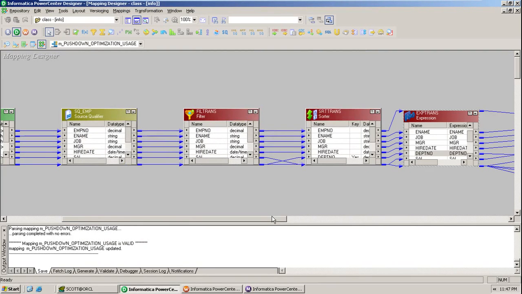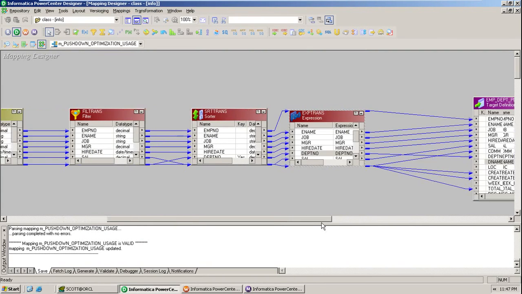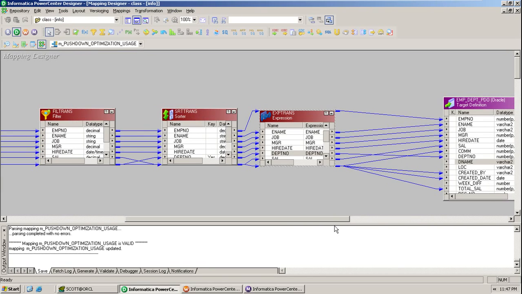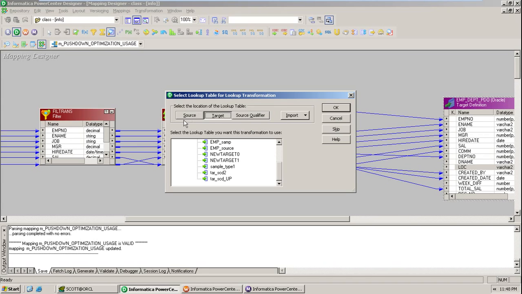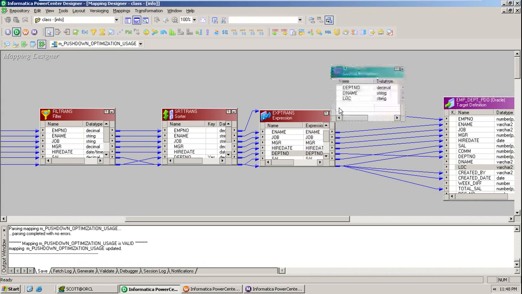And I have already done the pushdown optimization on this. I converted this, and it was successful in the previous video. Now I'm interested in populating dname and location also. So how to populate that? I have to use the lookup, and you need to look up into the department table. So this is the department table. Just say OK and pass this department number